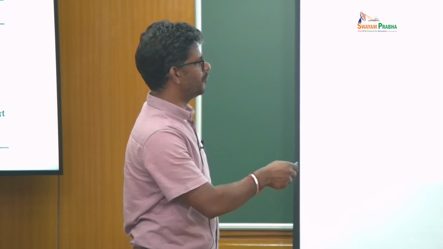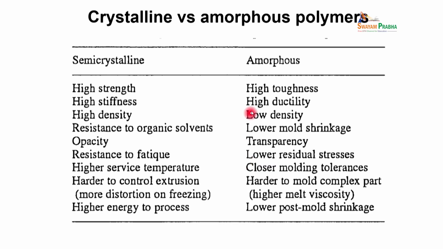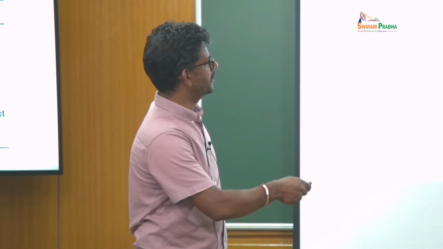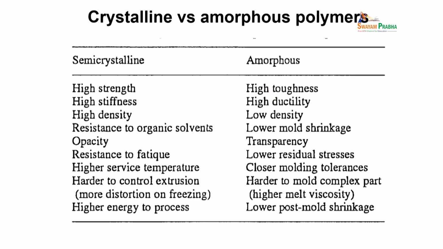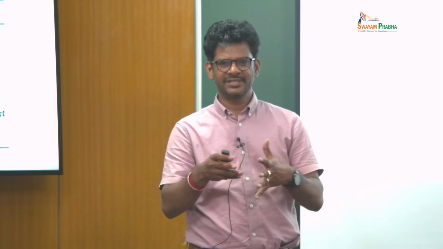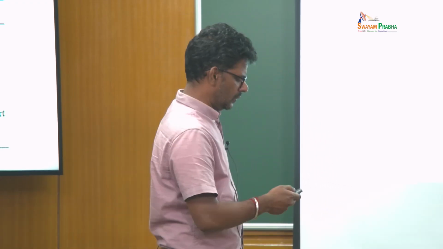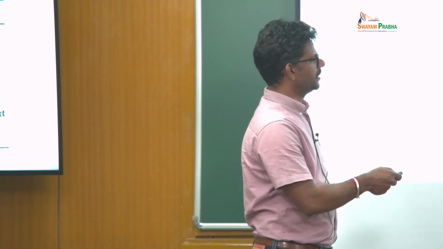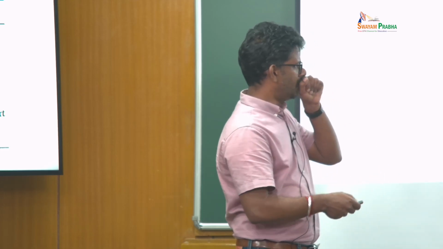When you make the same polymer amorphous, usually it will have high toughness, that means it can dissipate energy from impact, and it can have ductility, that means it's easy to deform and shape, and usually it has low density because it's not crystalline, it's amorphous, so the packing is not very efficient, so density can be low, and